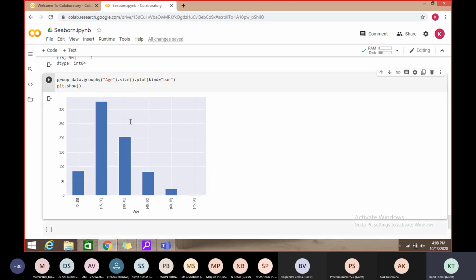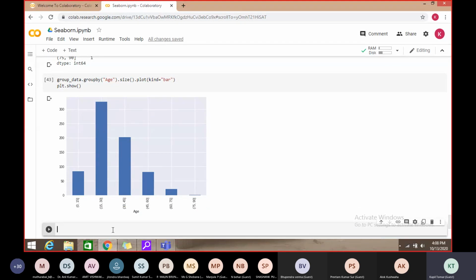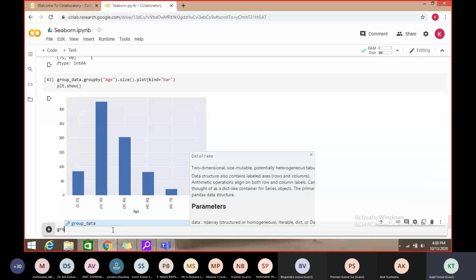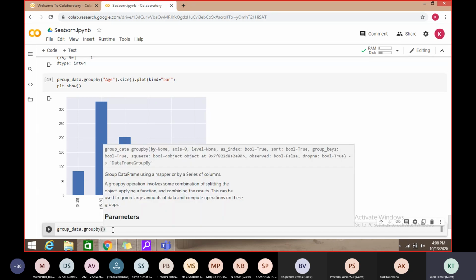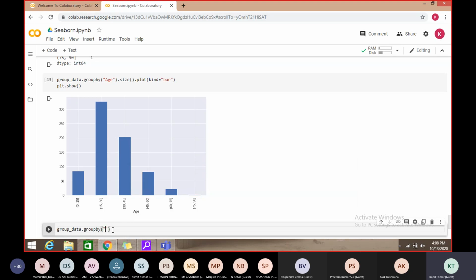So let's see what we can do. We can try another graph also. So on this same data, group data, which is grouped by age, then size, and on that we can call plot. Here plot kind is equal to, suppose, pie. Let's see on the same data so that it will be easy to understand. That's why I'm repeating the same example.